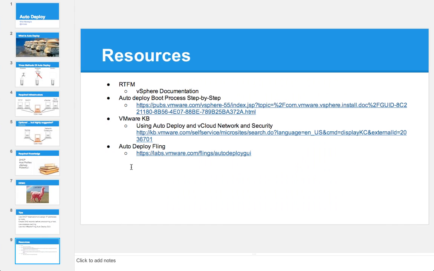And the VMware Fling, the auto deploy GUI. If you haven't checked this out already, go to the Flings page, go look up the auto deploy GUI, and it will simplify your life dramatically. Everyone loves PowerShell and PowerCLI. I love PowerCLI, but for some of the commands to actually get the image working, you could script it, and maybe you can create something that you can reuse. But the auto deploy GUI, for a first-timer or a novice, really makes it easy just to get a handle